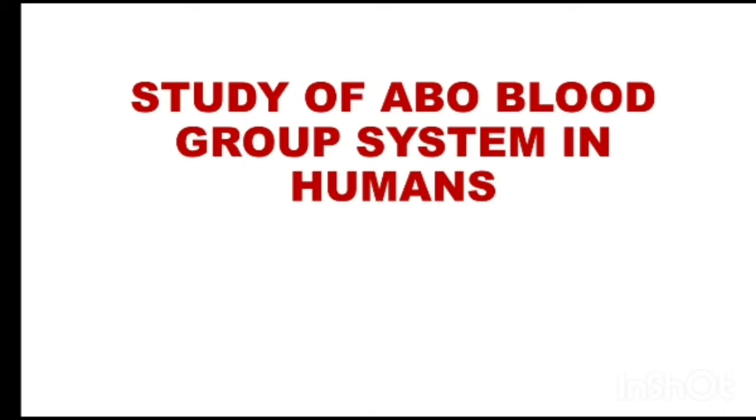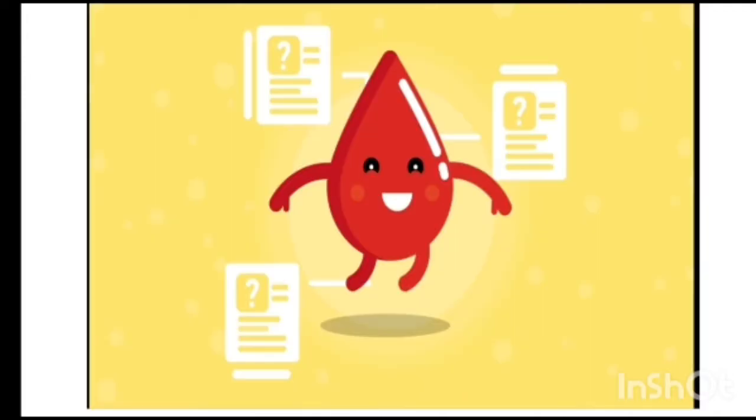So as we know, blood is a very important component of our body and it plays an important role in maintaining our physiology. The definition of blood is that it is a fluid connective tissue, and this fluid connective tissue consists of a cellular component, which consists of RBC, WBC and platelets, and a fluid component, which consists of plasma, which contains antibodies.